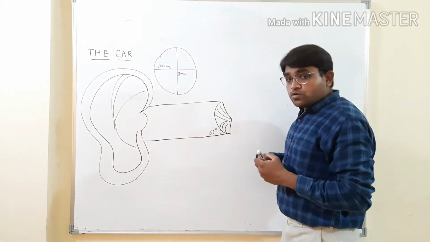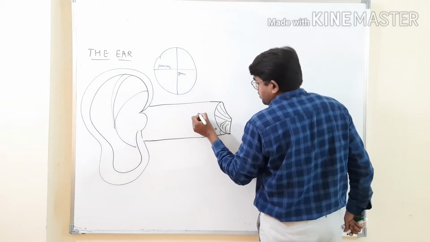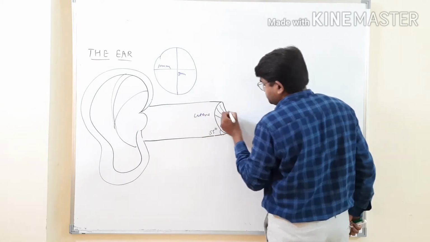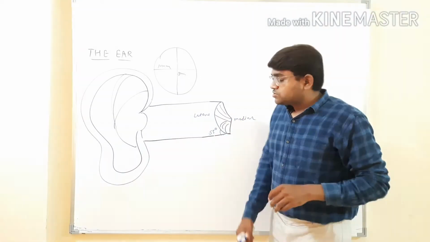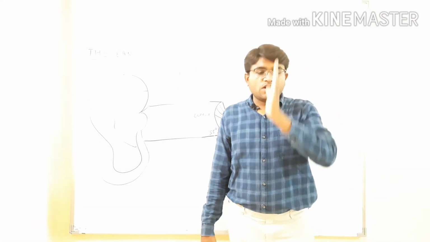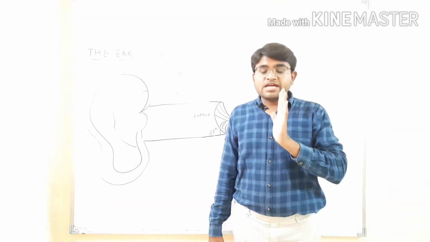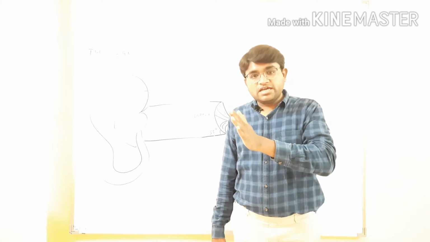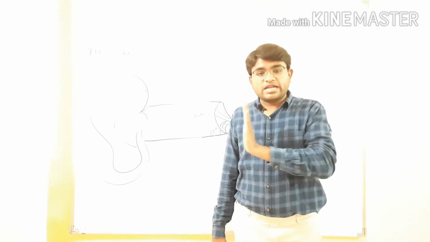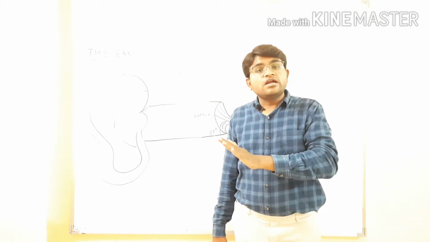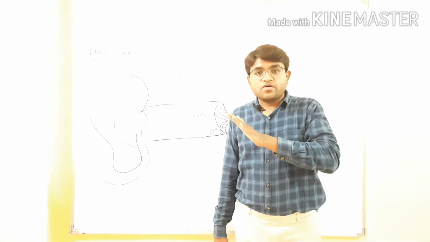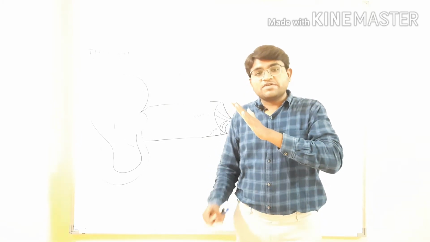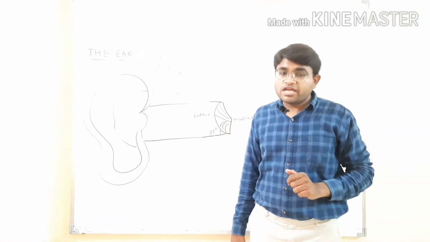Okay, it has two surfaces, the outer surface or the lateral surface, and the medial surface. The direction of its lateral surface is not vertical, but it is directed laterally, anterior and downward, lateral, forward and downward. So it is not like that, also not like that, but it is like that. Okay, and it is forming a 55-degree angle with the floor of the external acoustic meatus.